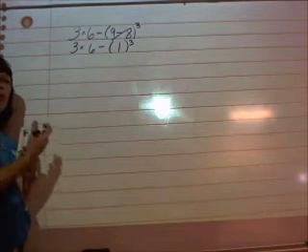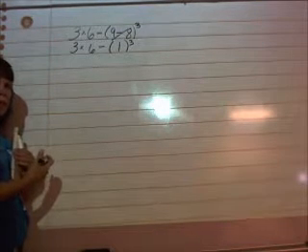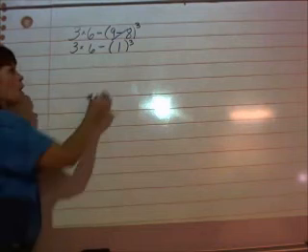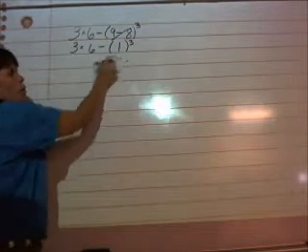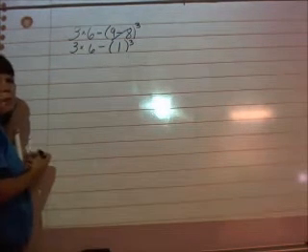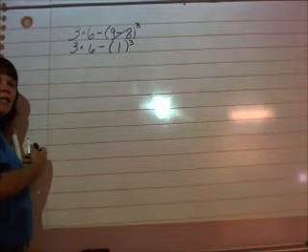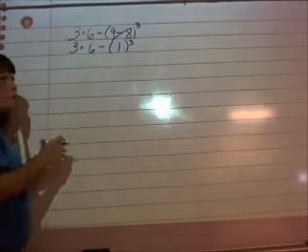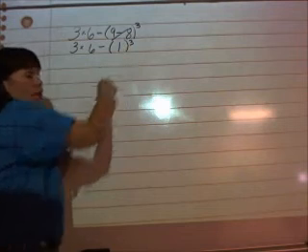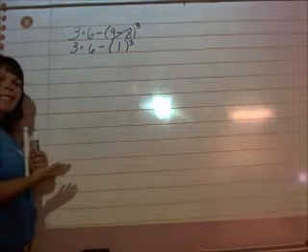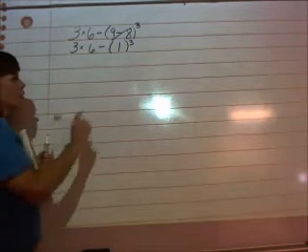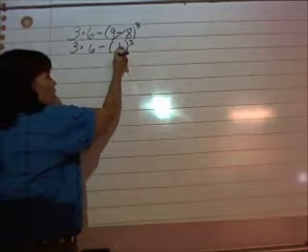Now, starting with P for PEMDAS again, any parentheses? Well, I do have parentheses, but is there anything to do inside of it? No. So, you have to go to the next thing. Exponents. Well, I have an exponent. I have an exponent of a 3. Well, what does that mean? That means that I would have to put 1 3 times,